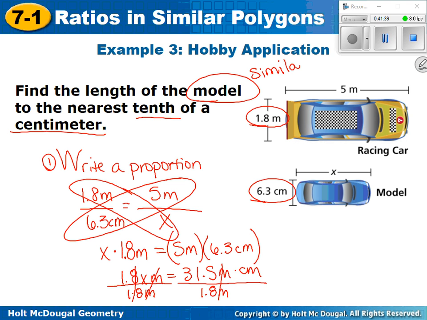Okay, so 17.5, and then what units are we left with? Centimeters, which we didn't really have to do all of that with our units because we know that the model is going to be measured in centimeters. But to show you why you can have different units, it ends up canceling out and it works out anyway. Questions? All right, so we'll just stop